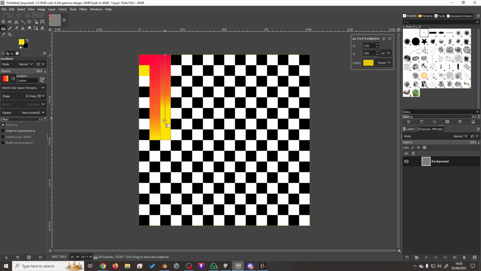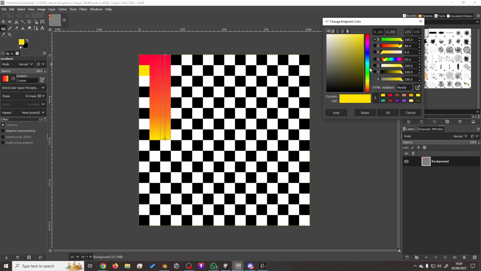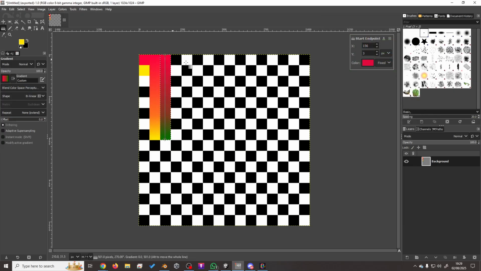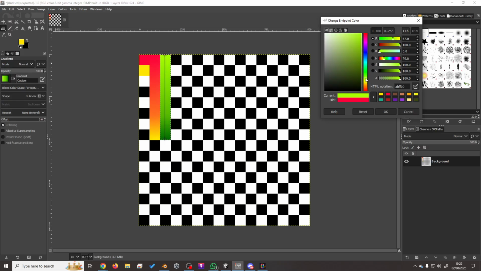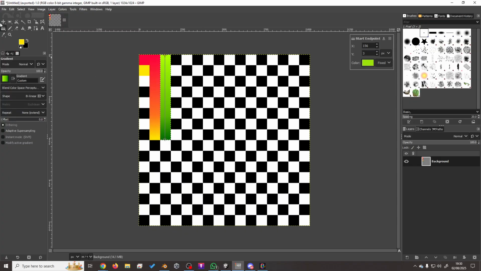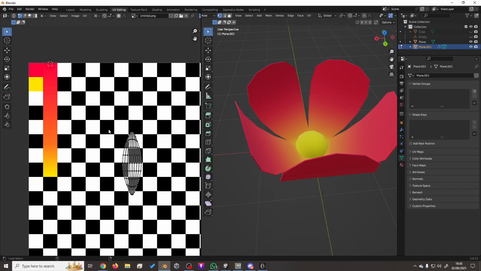I drag it from top to bottom, holding down control so it's straight, and then I'm going to change one of them to a dark greeny kind of colour, maybe something like that, and the other one to a light green or a yellowy green, maybe something like that. Yeah, that'll do. Maybe a little bit more yellowy perhaps. That looks okay. So I'll export that, put it into Blender, Alt-N-R,